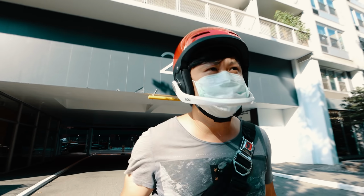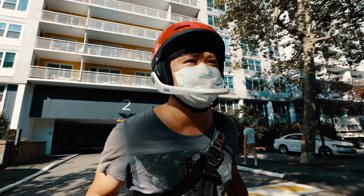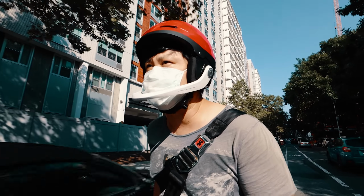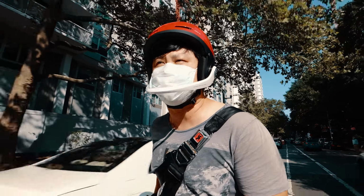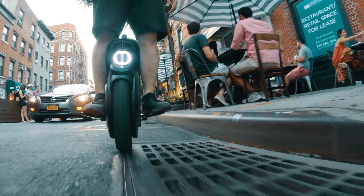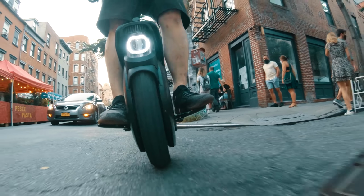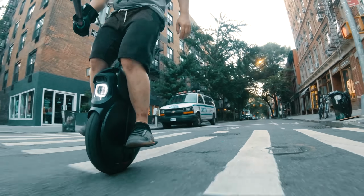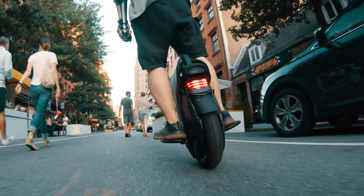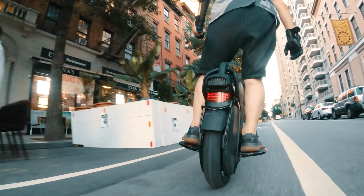Now, I haven't ridden it as much as I'd like with the arrival of the Hsiang S18, but now that I'm done with the initial impression on that wheel, I figure it's time for me to get back on the V11 so I can start testing it for my reviews. It does take a bit of riding to acclimate to the V11 and its higher pedal position, but after spending some time Friday morning riding around downtown picking up groceries, I felt sufficiently comfortable on it, so I headed towards